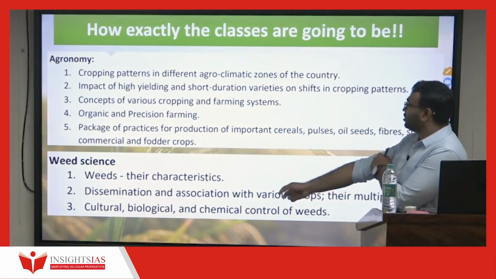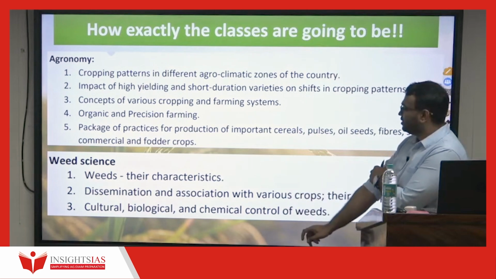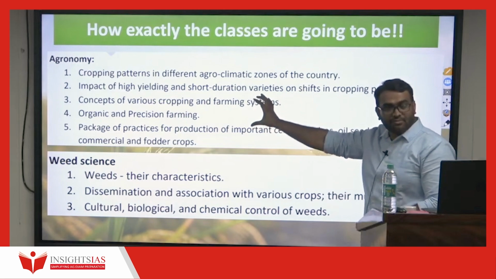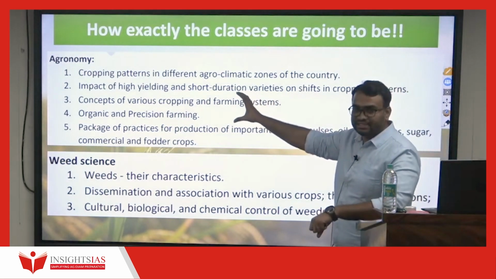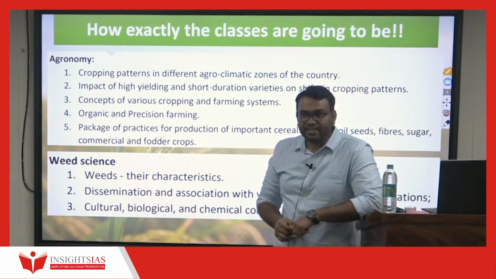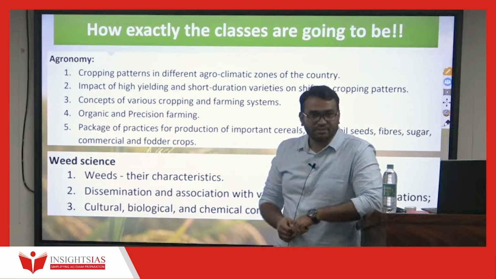Cropping pattern in different agroclimatic zones, impact of high yielding varieties. Though the syllabus line is just 5 lines for the main core of agronomy, every year how many questions are coming, or let's say in terms of marks, how many marks are coming? Any guess? Have you been through the PYQs? Yes? Yeah, from agronomy, including weed science? 120, okay. Then